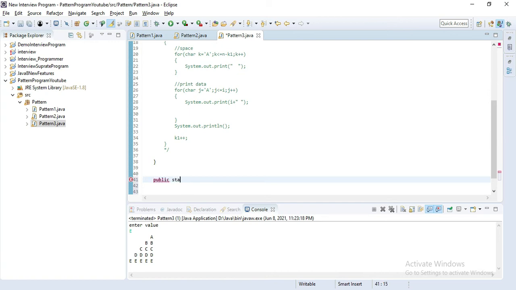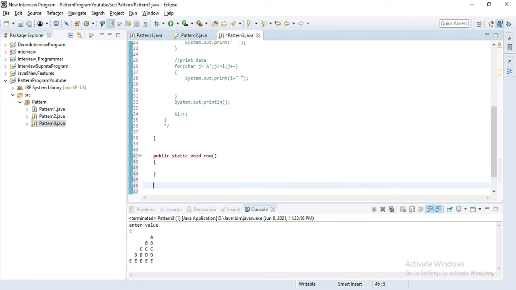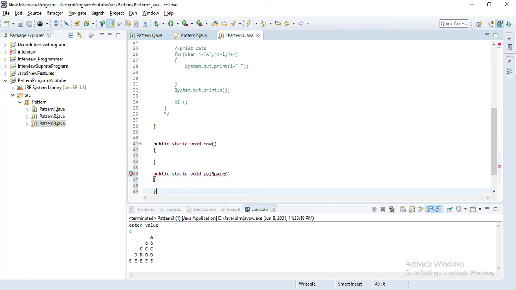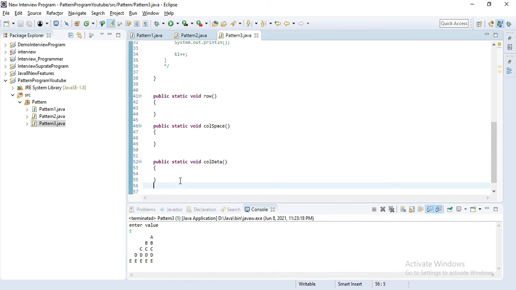Public static void, first one is the row method. Then public static void space, this is for printing space. Then public static void data, this is for printing data. Here we create 3 methods: first for printing the row, then space, and then printing data.